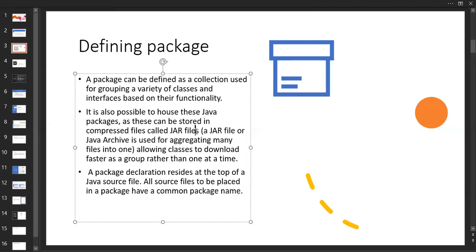Previously, we had the C language. Why is the C language performance very low? Because when we include any package from outside, everything will come into our program, and inside our program it will be executed and the result will be taken.